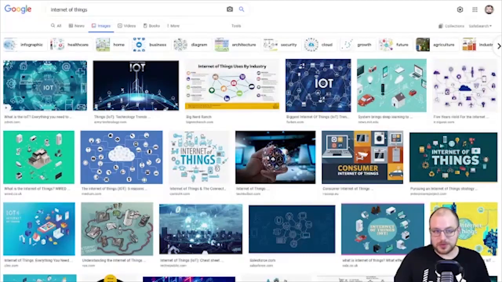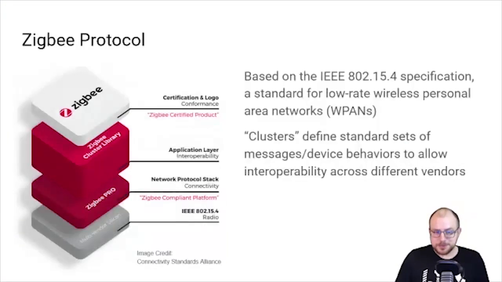And one of those protocols, the wireless protocols, is Zigbee. It is specifically a low power, low data network. You're not going to be streaming videos over Zigbee. It is mainly designed for battery powered and very low power applications, which is commonly found in home automation use cases. It is based on the 802.15.4 specification and builds on top of that by offering you features like security,